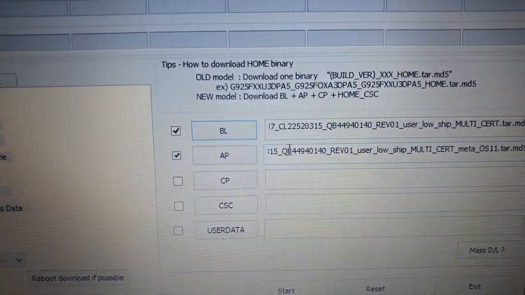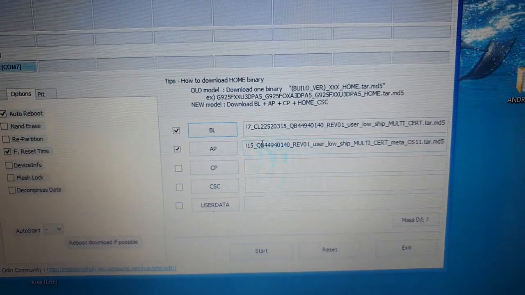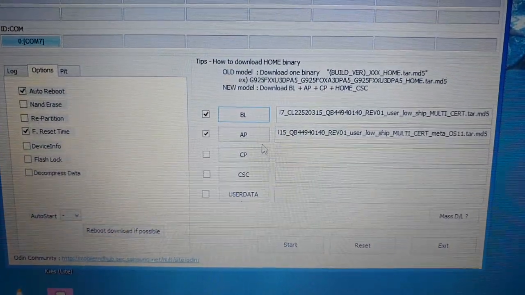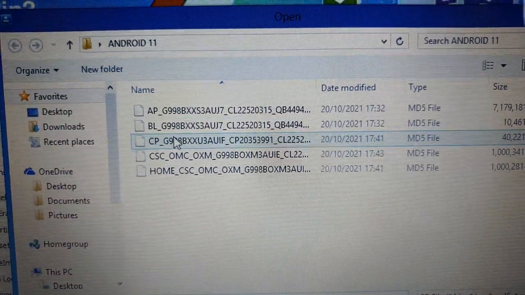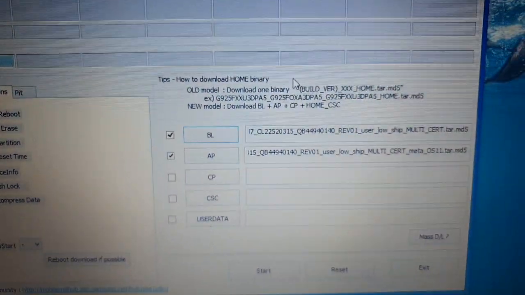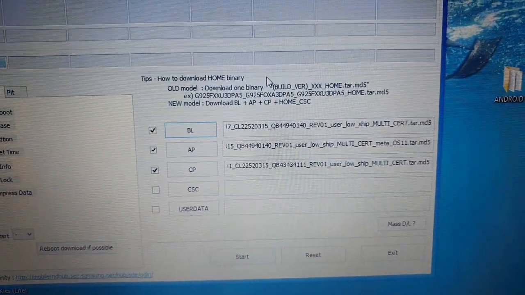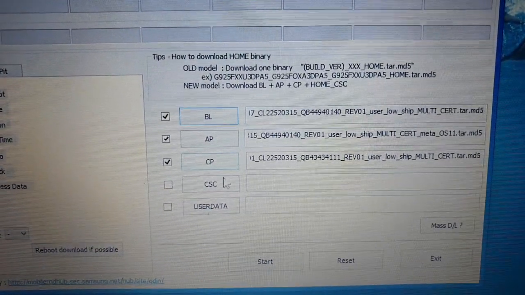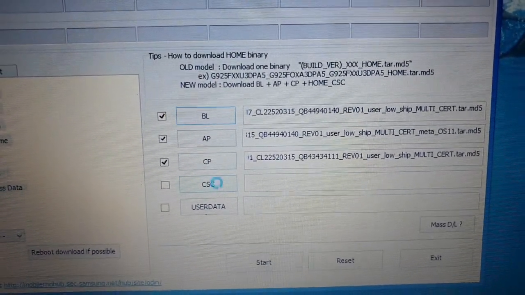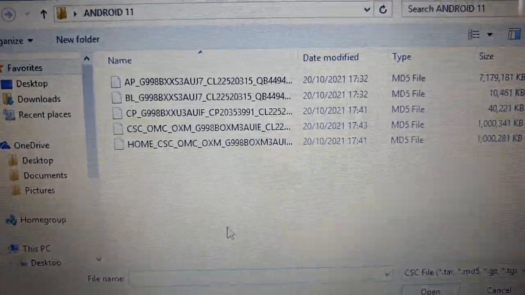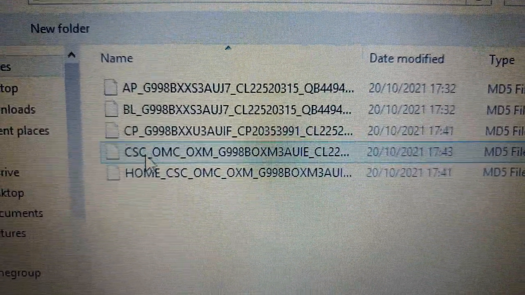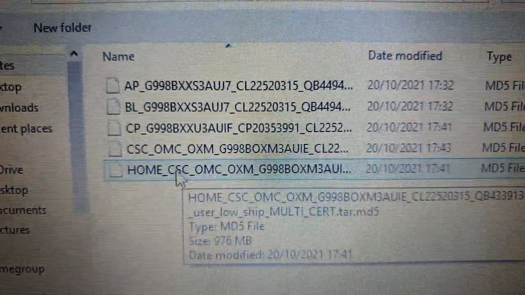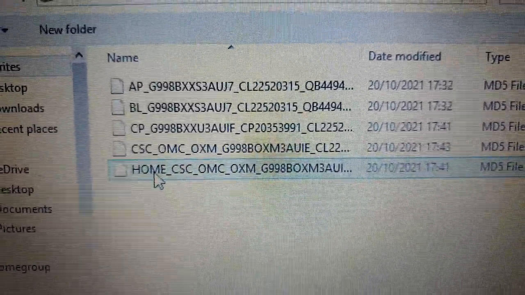Okay, so AP has been added. Okay, so next select CP. And next select CSC. Okay, so you'll notice that there's two CSCs here. There's CSC and there's home CSC. Okay, so if you want to do the